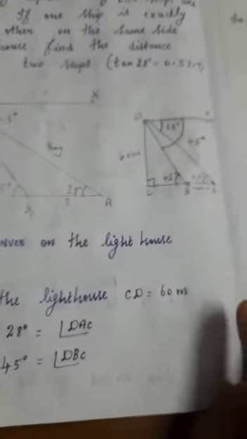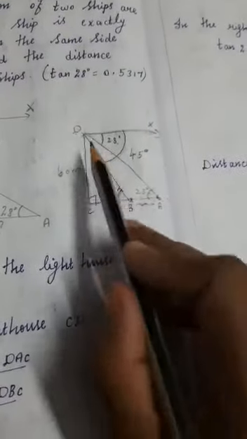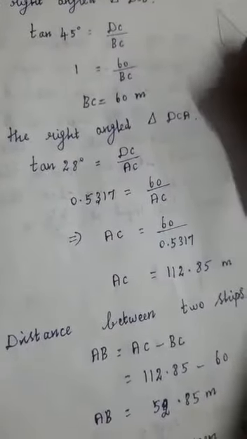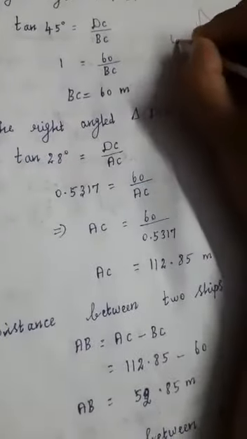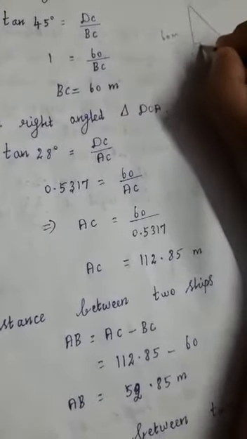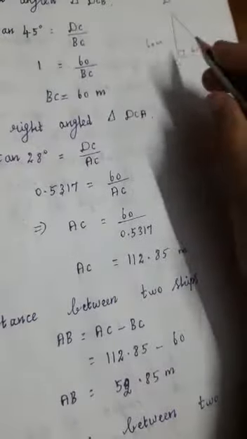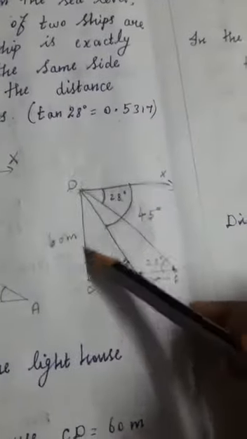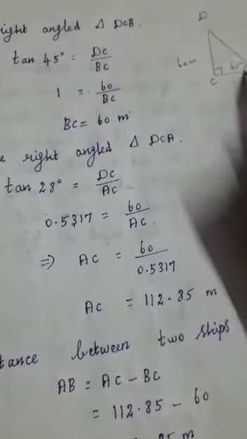Alternate angles are equal. So now first one right angle triangle we are going to take. So that right angle triangle name is DCB. Okay, so this small right angle triangle separately I have drawn. See here, DCB. Okay, so DCB, this is 60 meter, angle is 45 degree. Okay, so this right angle triangle first separately we have drawn. Now see here in the right angle triangle DCB, angle names already we have written.